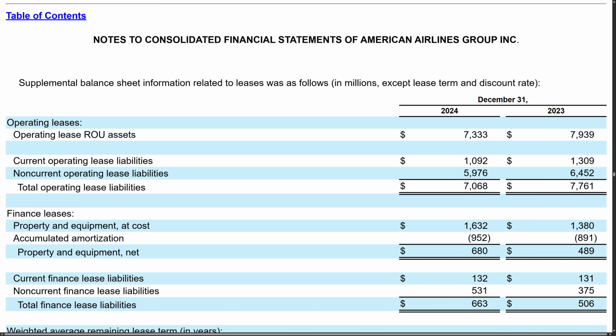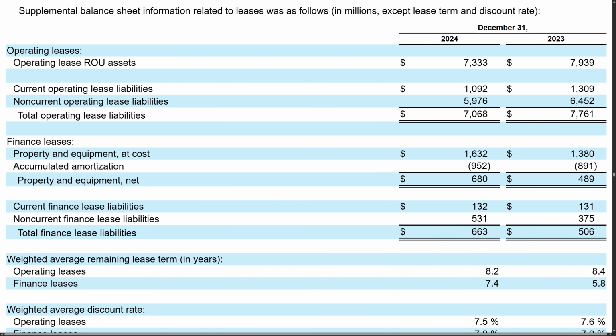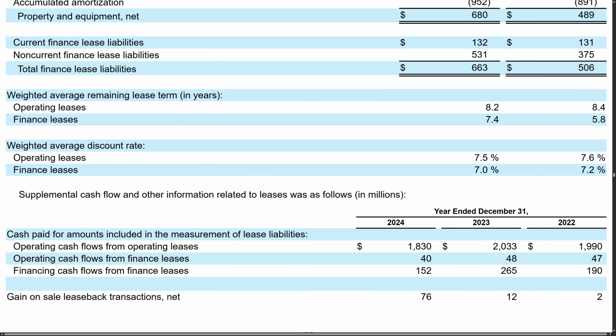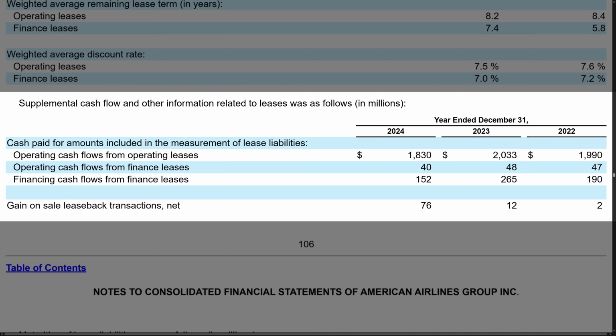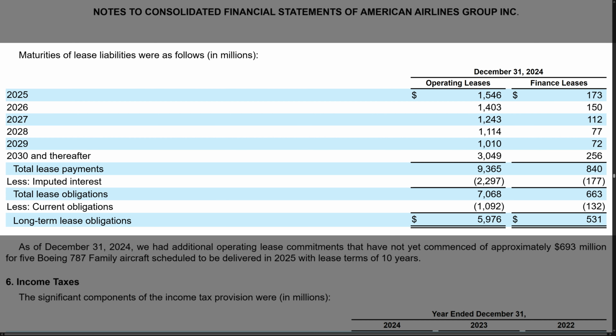They also present their operating and finance lease right-of-use asset and lease liability balances, their weighted average remaining lease term and weighted average discount rate for each lease type, supplemental cash flow information, which some companies place in their lease footnote while others will place in a dedicated supplemental cash flow footnote,